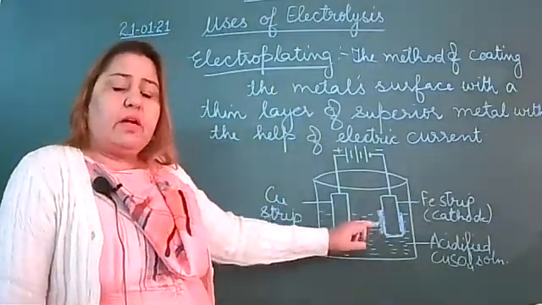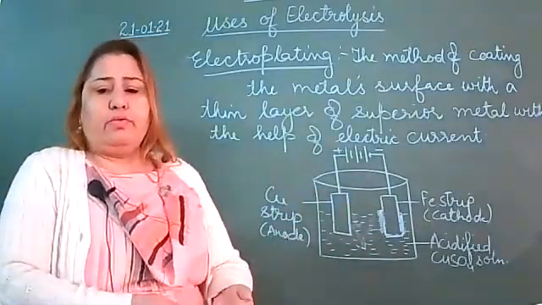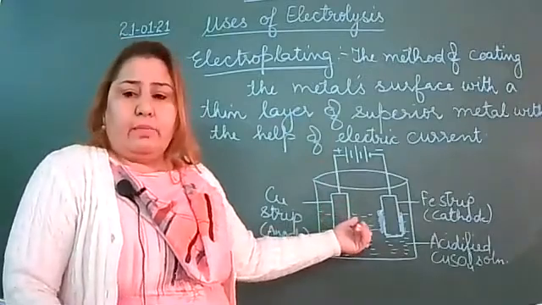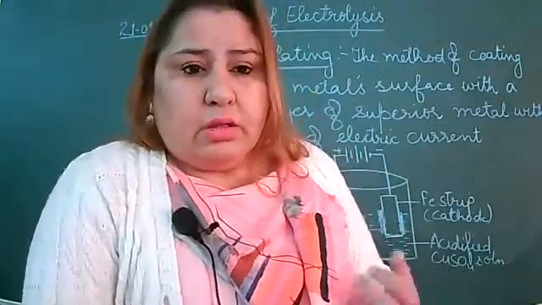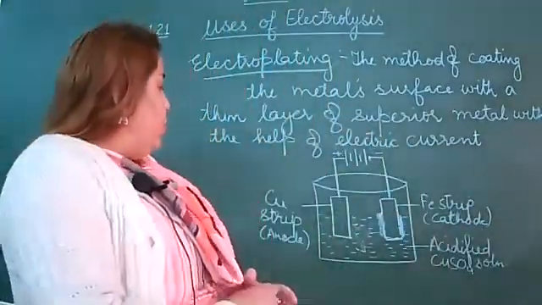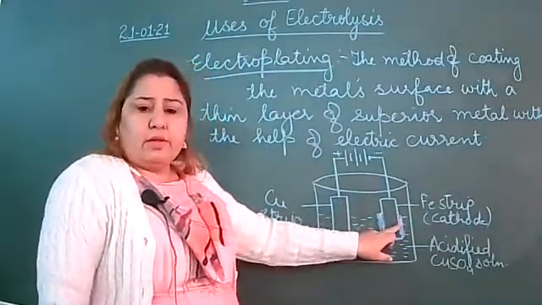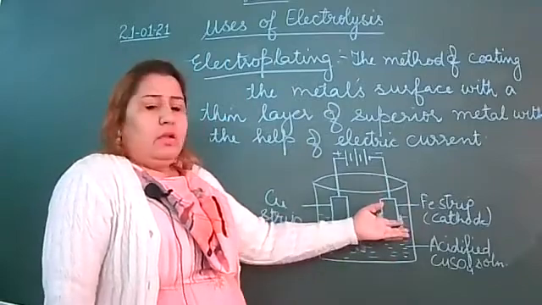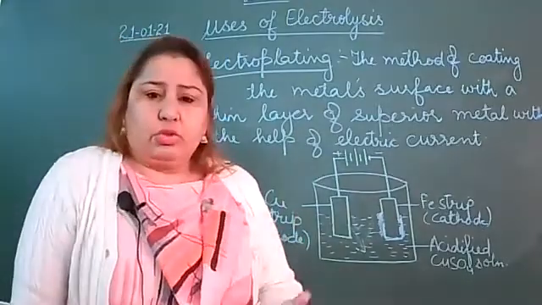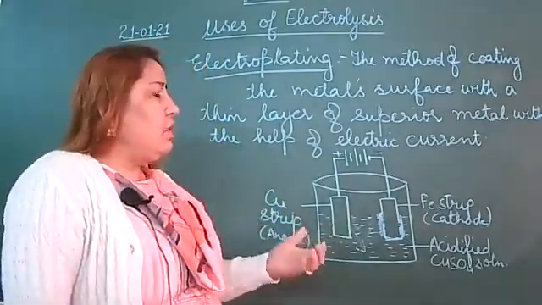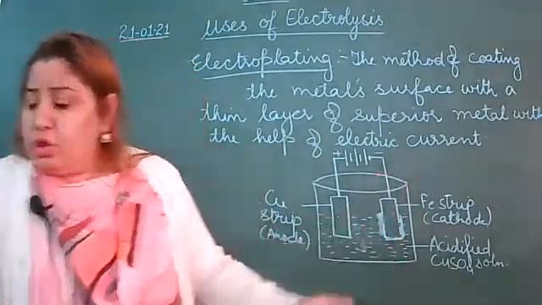So by this method, we can plate, cover, or coat a layer of one metal on another metal. That is called electroplating. A thin layer of reddish brown coating appears on this iron strip. By this method, we can electroplate copper on the iron strip. As we already told you, these are used for a number of purposes. So, main two uses of electroplating. Write down the uses of electroplating.